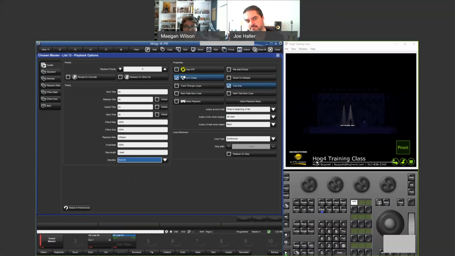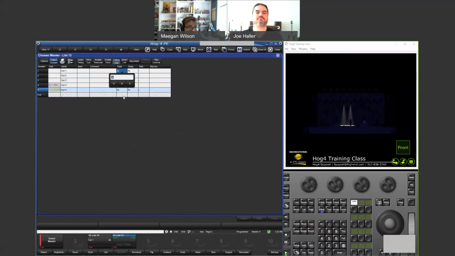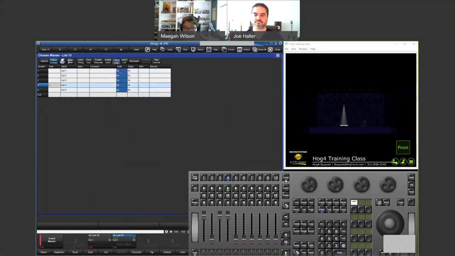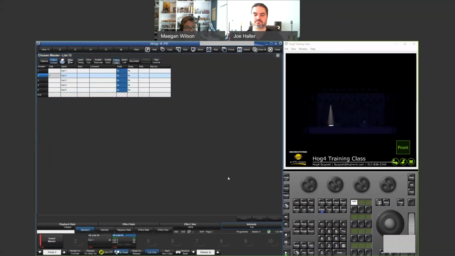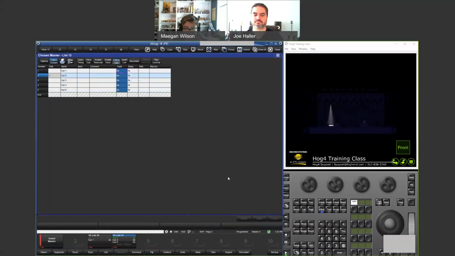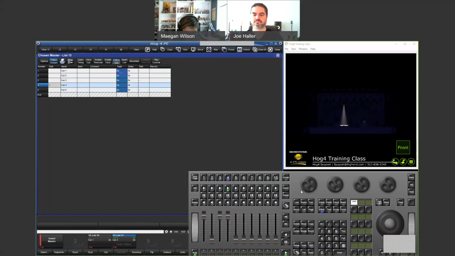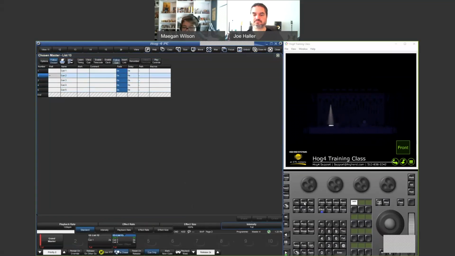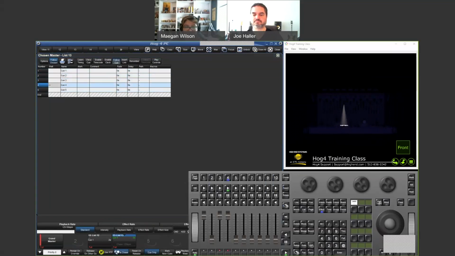When you got to fade... Oh, yeah. Take the fade off. There you go. There we go. And then you can adjust your playback rate there. I think it's Alt 4. Yeah, there we go. And I can use that encoder wheel, and I can adjust my playback rate to go fast if I need to,